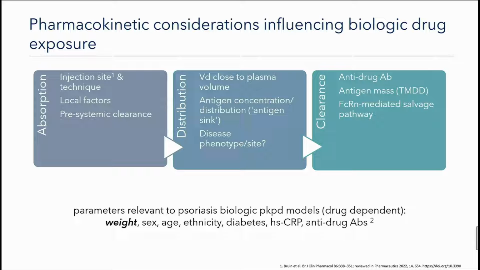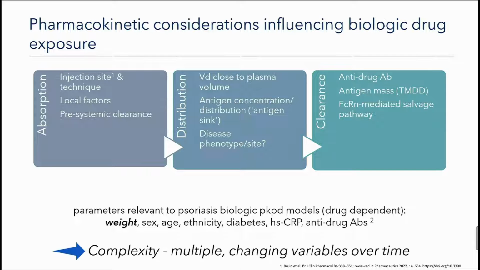And the FcRn-mediated salvage pathway is crucial for the recycling of biologics. In terms of PK/PD models, parameters that have been identified, depending on the drug and the model, include weight, which is a key one in terms of influencing drug exposure, but also sex, age, ethnicity, diabetes in some models, high sensitivity CRP and ADA. But I suppose the key point is that it's complicated, it's complex, and there are multiple